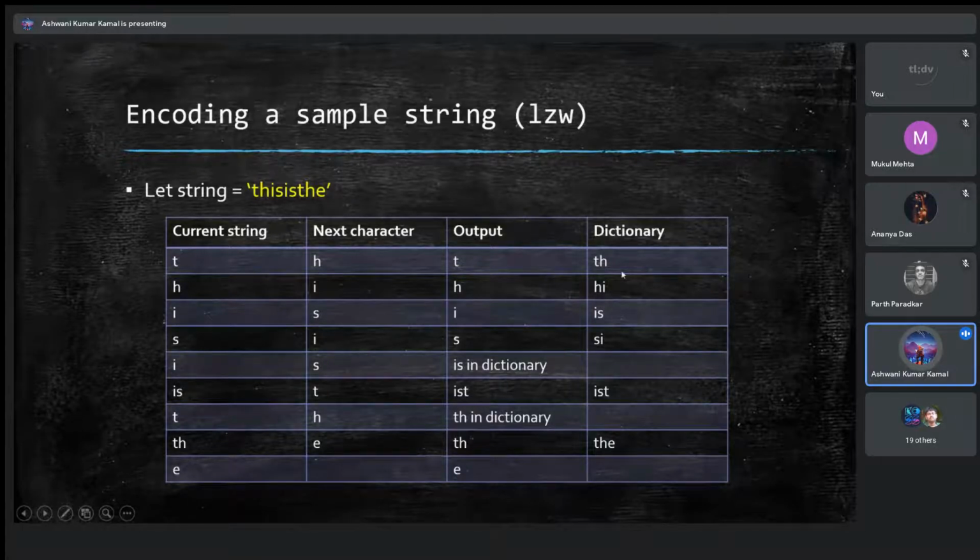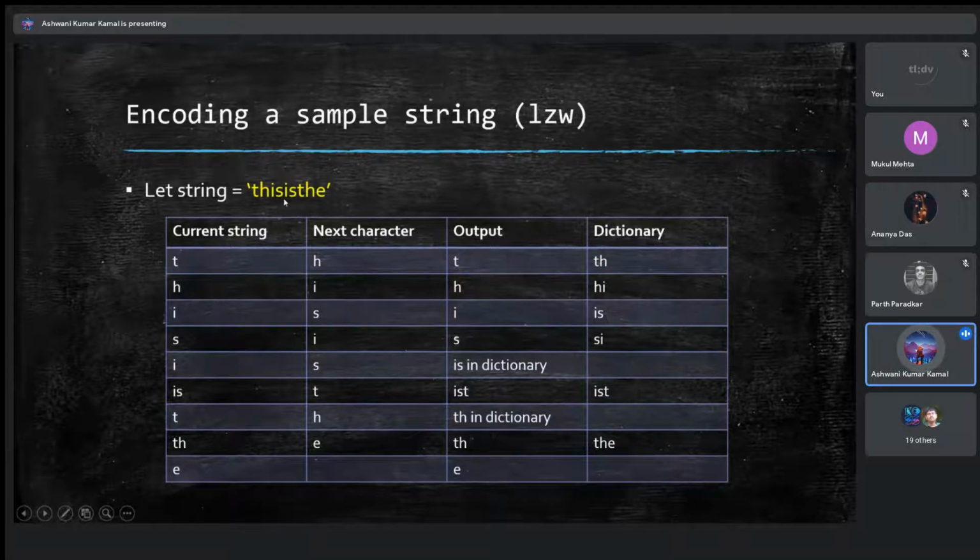If it is not present, then we store it, and of course we assign some code to this TH also, because at the end we have to encode the data in some encrypted form. We'll be using some special codes. You can either use binary codes or serialize them in the dictionary as they appear. We continue this until we find something which is already present in the dictionary. As you can see, up to this term, up to SI actually, it will store everything as it is in the dictionary.